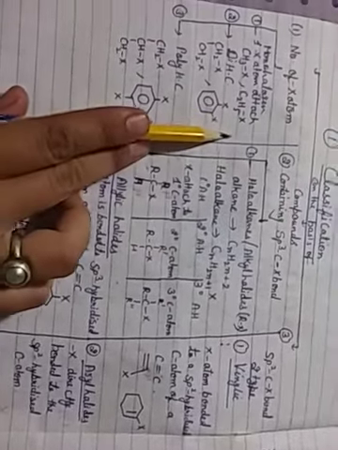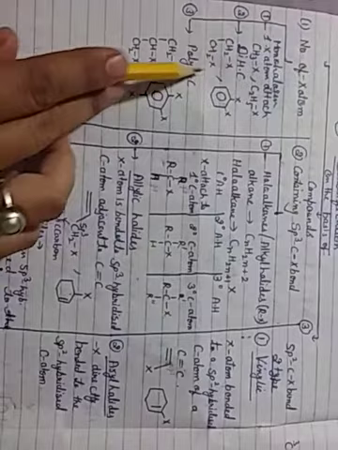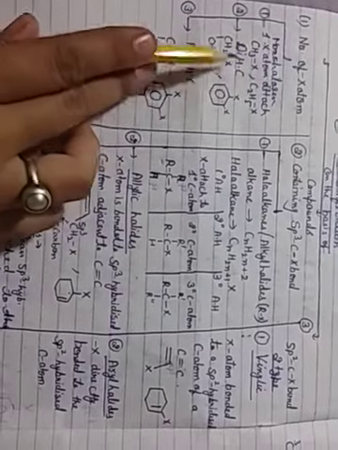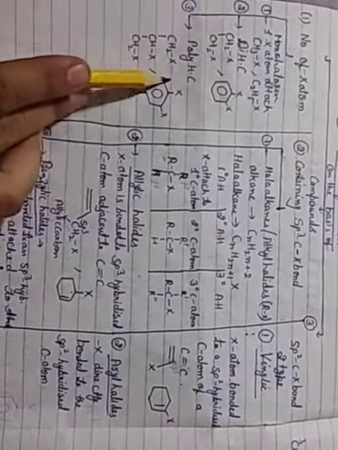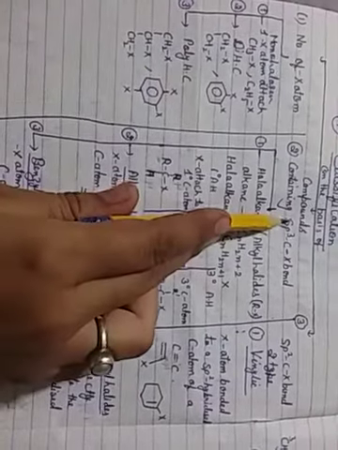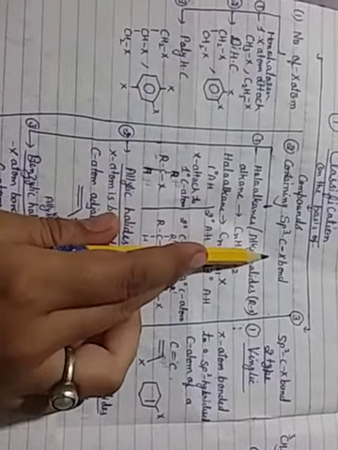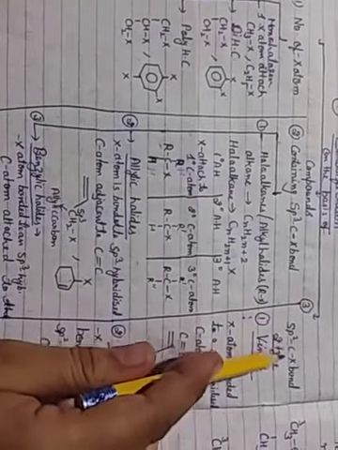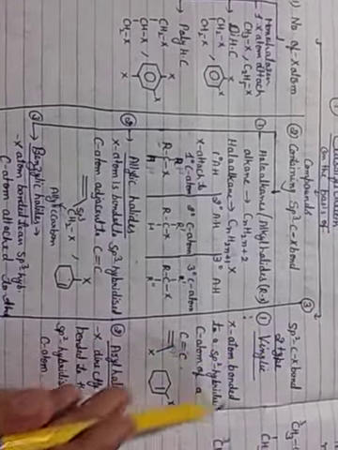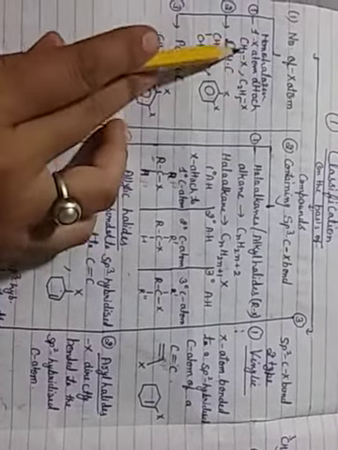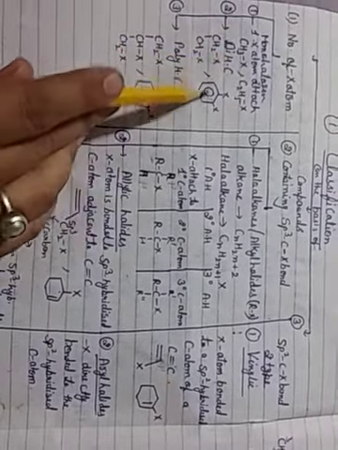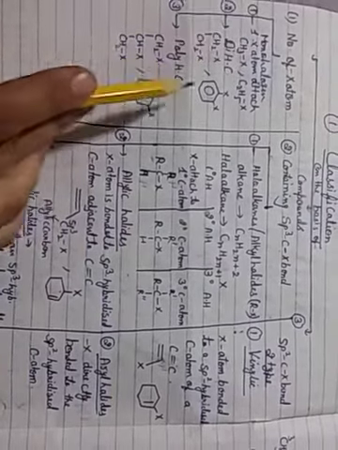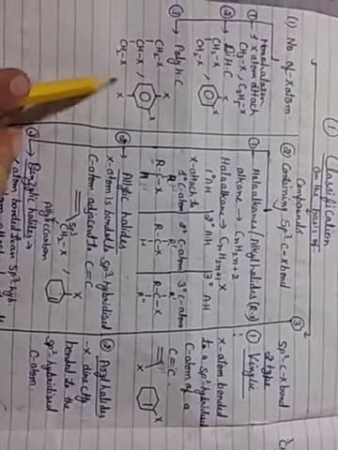So by the number of halogen atoms, there are 3 types: monohalogen, dihalogen compound, and polyhalogen compound. Then compounds containing sp3 carbon halogen bonds have 3 categories: haloalkanes, allylic halides, and benzylic halides. And sp2 carbon halogen bonds have 2 types: vinylic and aryl halides. By number of halogen atoms: monohalogen has 1 halogen atom attached; dihalogen compound has 2 halogen atoms attached; polyhalogen has more than 2 halogen atoms attached.